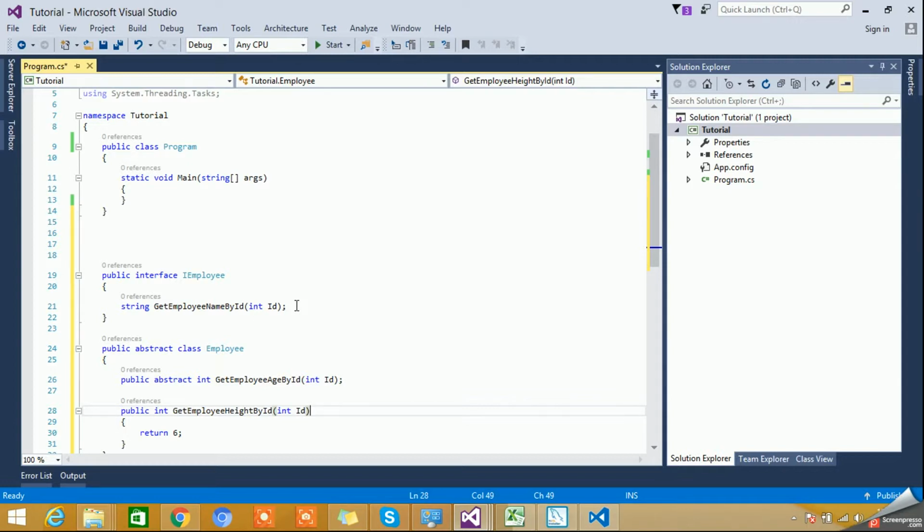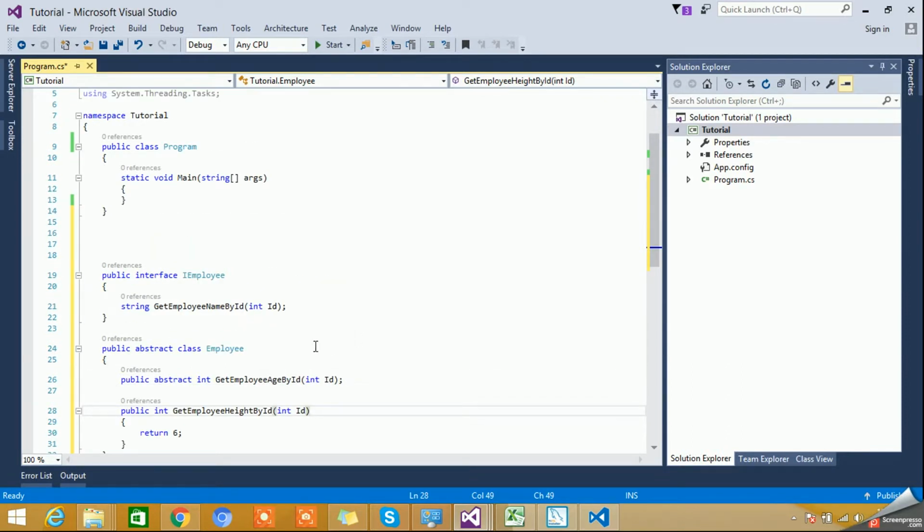So how did this term implemented come into the picture? Because there is nothing to inherit from an interface. Whatever abstract methods are there inside the interface, those methods are supposed to be derived within a class which will implement this particular interface. So that is why for interface we use the keyword implement, and for an abstract class there are two options. First, to implement an abstract method, second, to inherit a concrete method. So that is why the inherit concept is attached with the class or abstract class, and the implement keyword is attached with the interface.